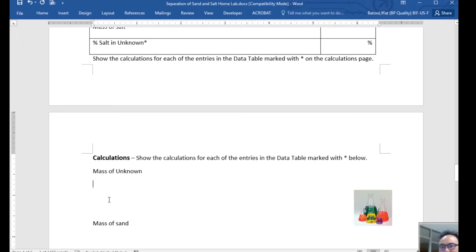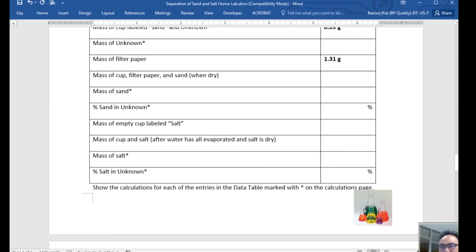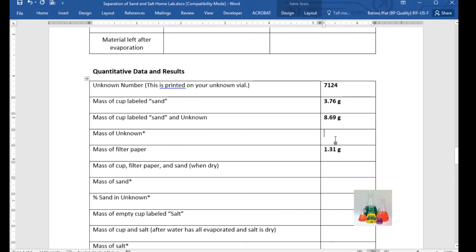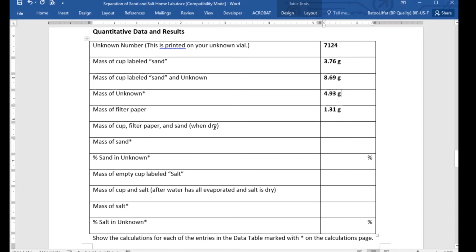So the mass of unknown will be 8.69 gram minus 3.76 gram, and it turned out to be 4.93 gram. This will be your number here that you will write. And after that, once the sand is dry in the cup, like after a day or so,